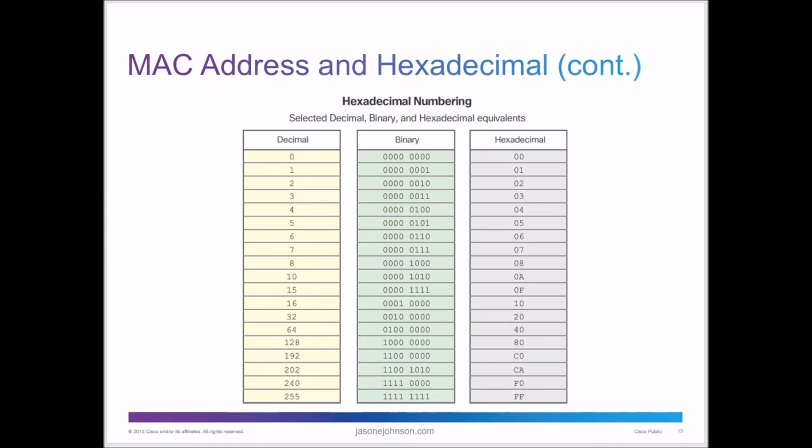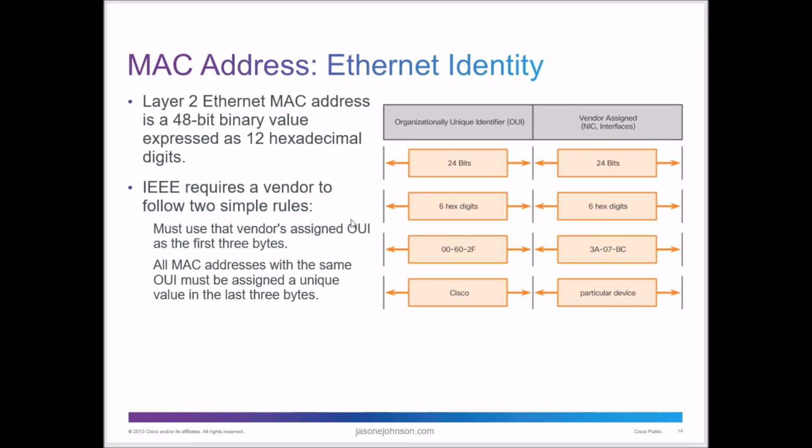So as you can see, as we get into larger numbers, we can represent the decimal number of 255 with just FF. And then, you know, we can add one more, and that adds another block, and that makes a larger number. So we can get increasingly large decimal size numbers into a small space using hexadecimal.